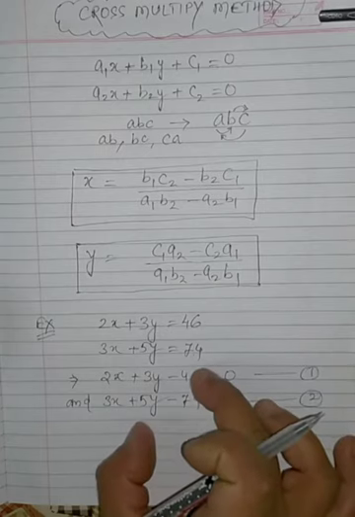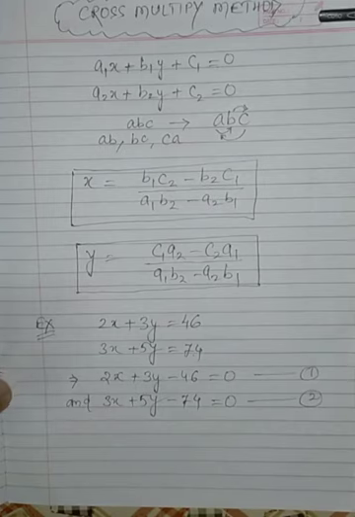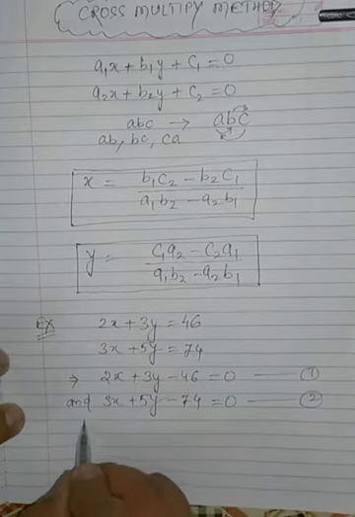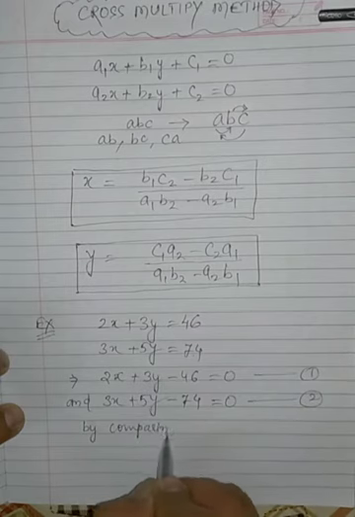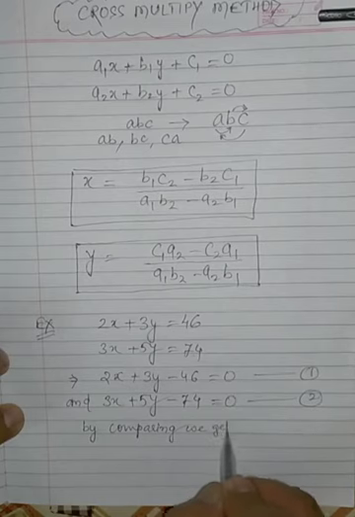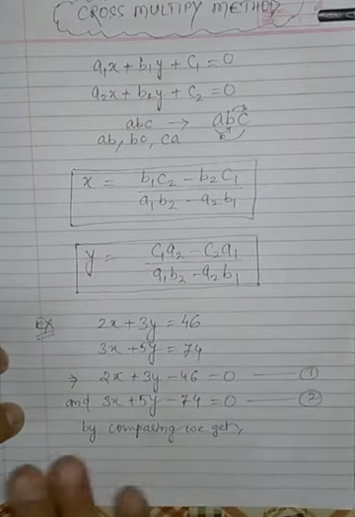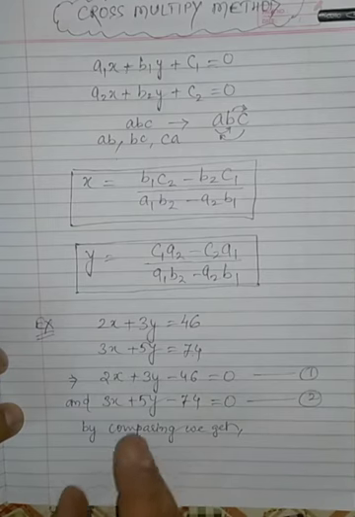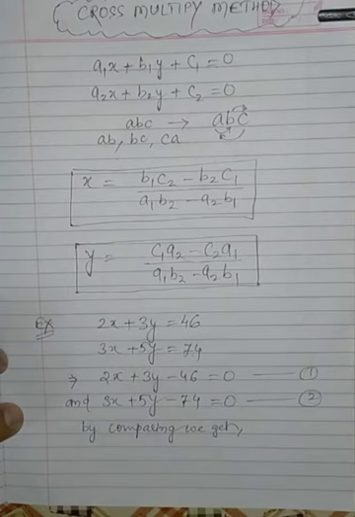That means from these two equations we can compare the values of a1, b1, c1 and a2, b2, c2. So by comparing these equations with the standard form, we get this. This comparison is very important, so that before putting all the values in the formula, we should list all of them so that we can easily put the values directly from the comparison and we will not be required to look for the values in the equations.